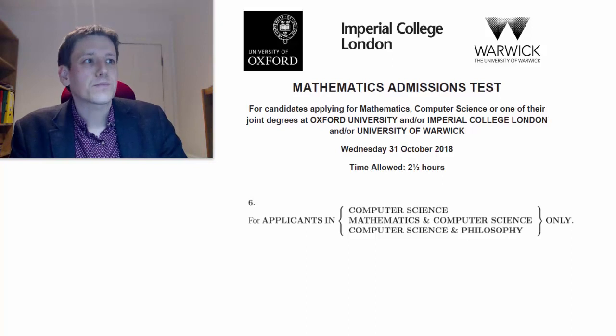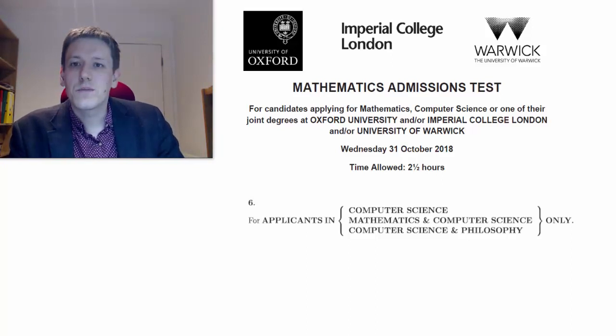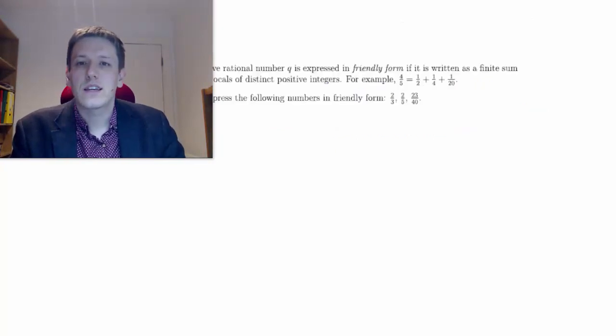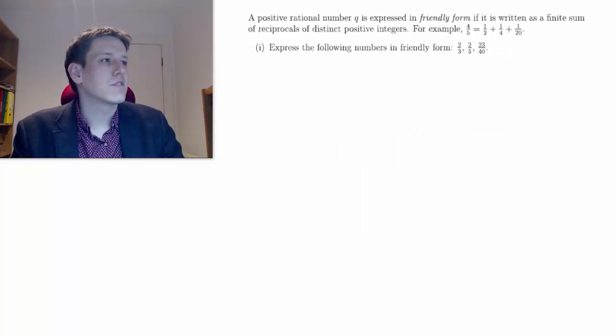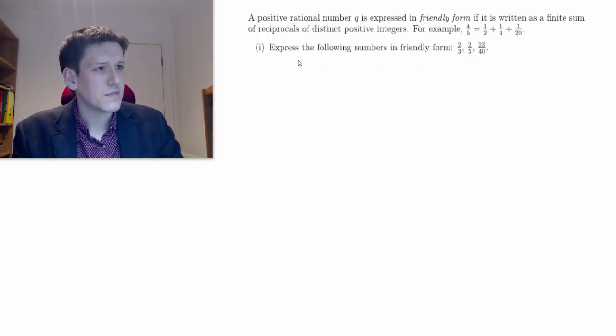But let's get on with this question, and it says a positive rational number q is expressed in friendly form if it's written as a finite sum of reciprocals of distinct positive integers. For example, 4/5 is equal to 1/2 plus 1/4 plus 1/20,